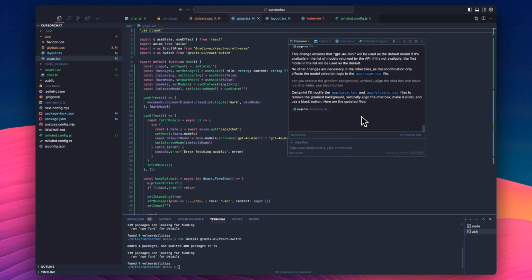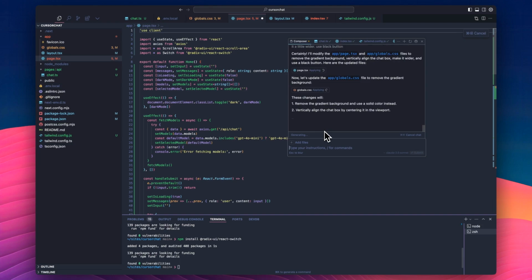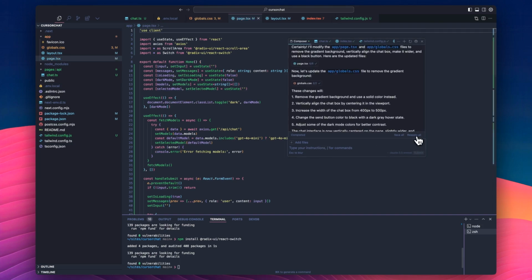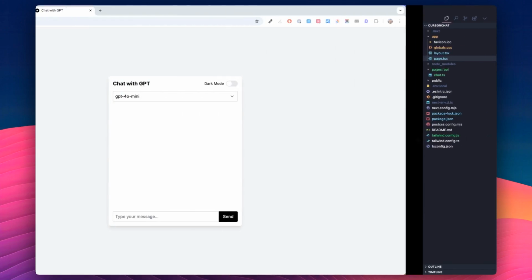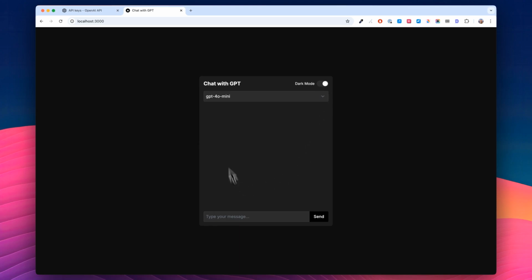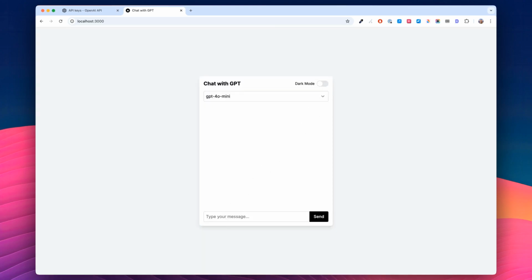We're 10 minutes in and we have a chat app which we can change the model on, which is pretty cool. Considering I have no idea how to use React. Don't know if I told you that yet. Okay, so I'm just going to accept those even though it's not necessarily true. Okay, this is looking nice. This is looking pretty decent, to be fair. Now what I want to do is